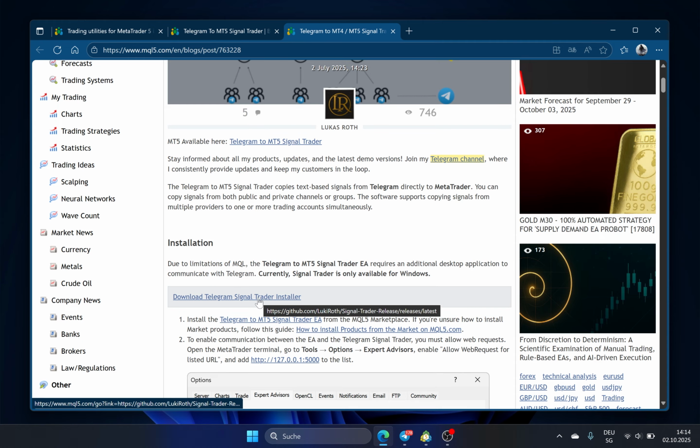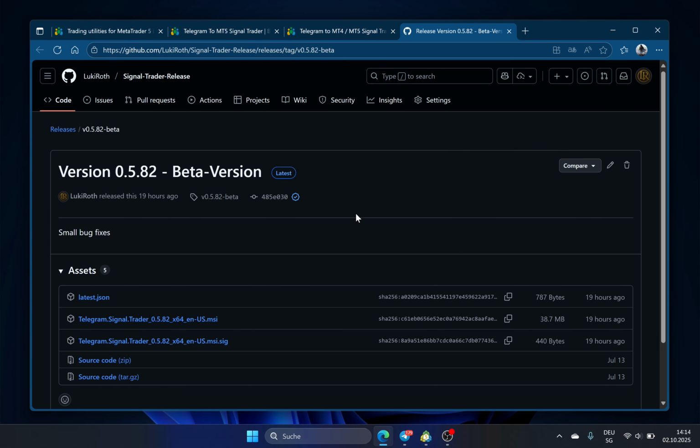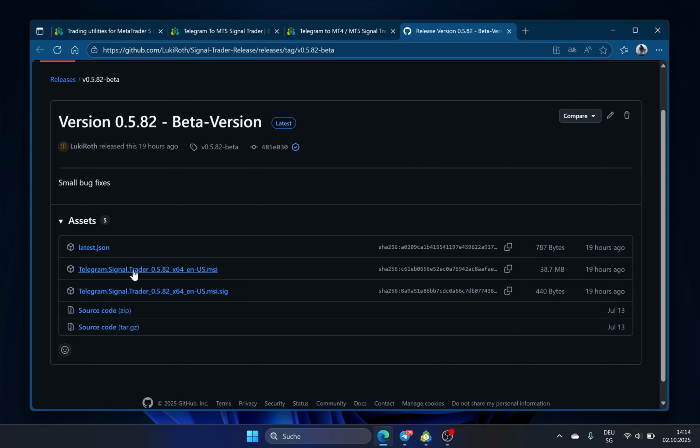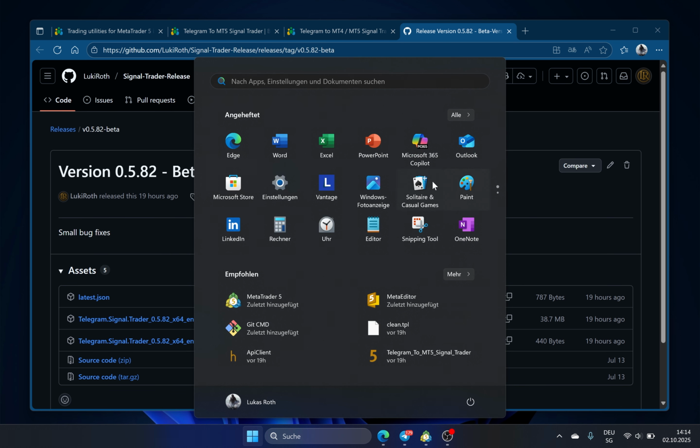Now we have to download an additional app. So click on the link and download the installer. It's the .msi version, also ending file. I already have that, so I can go to